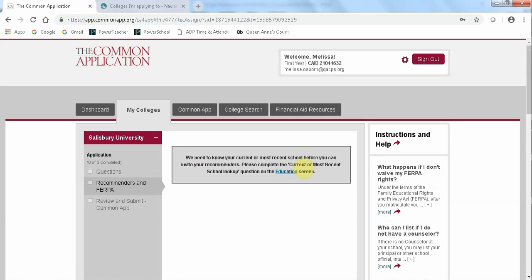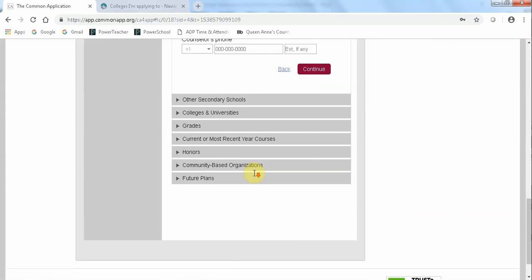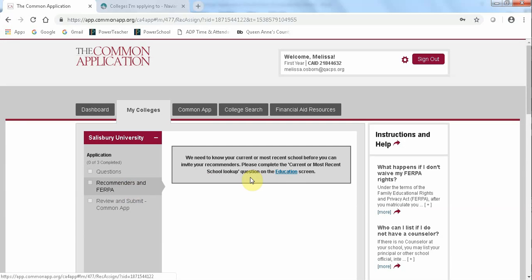This tells me I can't do it yet because I haven't filled out the education section under the Common App. If I go to Common App and do education, and if I completed all of this, then I would be able to do my FERPA. So you have to do that tab first, and then you can do this one. But you have to sign this, and you have to do it. I can't, and school counselors can't, send anything to colleges. It'll get blocked through Naviance, actually, if this is not done. So please make sure that when you start requesting transcripts being sent, you have this done and